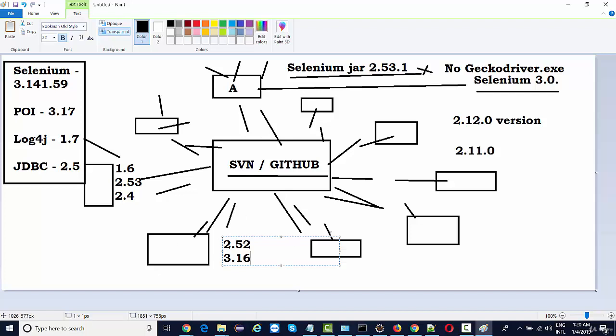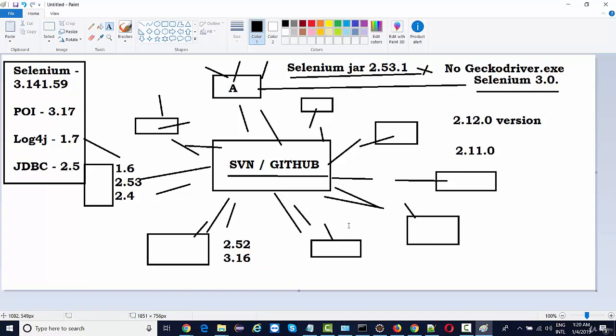So, in order to fix the errors, just try to understand this carefully. In order to fix these errors, everyone has to be on the same page. Everyone has to keep the same version of jar files on their project. So what will these team members do?